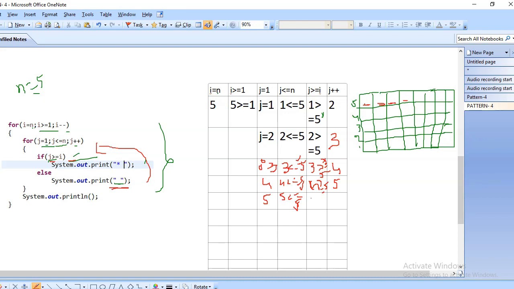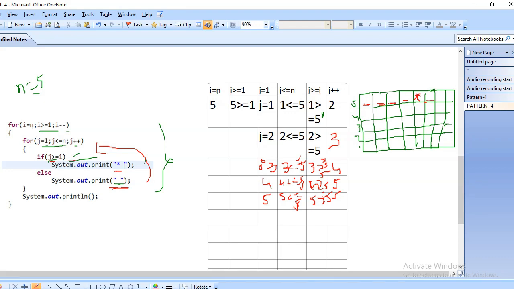If condition is true, it will go to the inside body and check the condition, 5 greater than or equal to 5. Again condition is true. If condition is true, it will print star. It will print star, and here cursor is here. So now I have given some space, so it will take some space in this position.